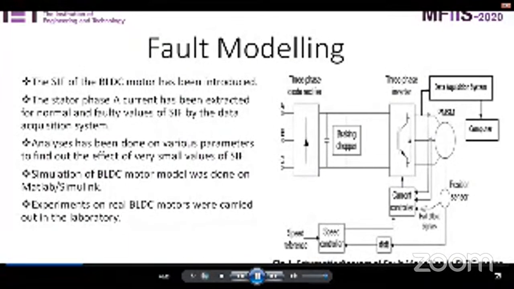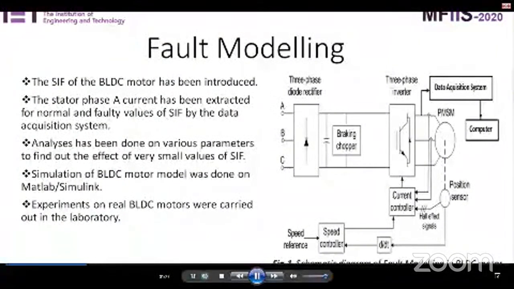Now let us discuss the fault modeling. Figure 1 shows the schematic diagram of fault modeling in BLDC motor. Here the stator interturn fault has been introduced by changing the inductance value of the BLDC motor model. The stator phase A current has been extracted for normal and faulty values of stator interturn fault by the data